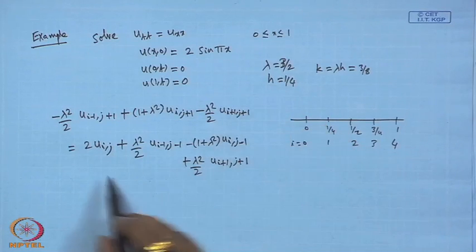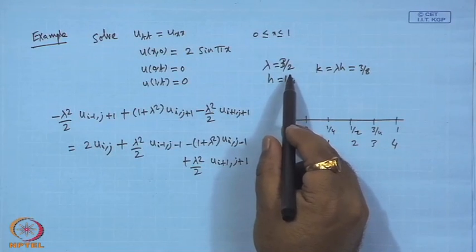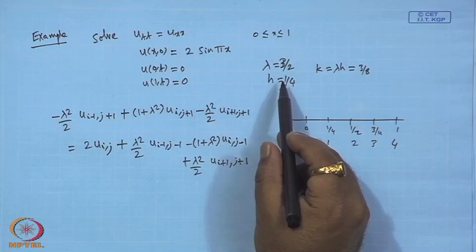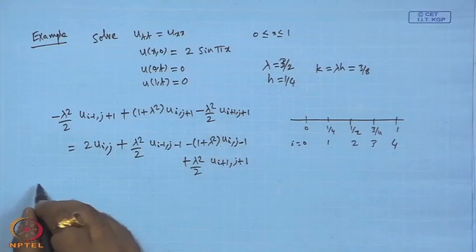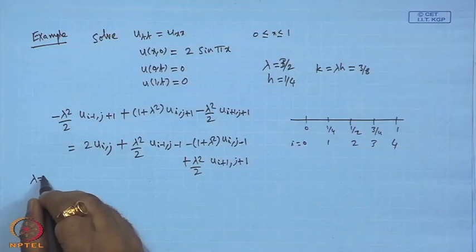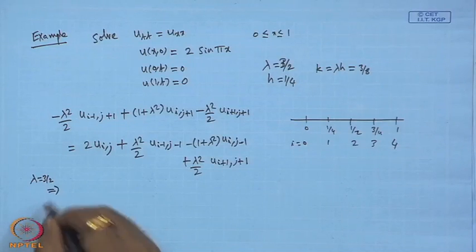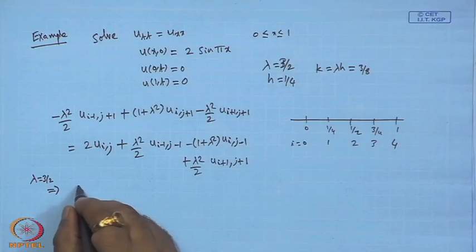Now, lambda square is 9 by 4. So, when lambda is 3 by 2, this gets simplified to